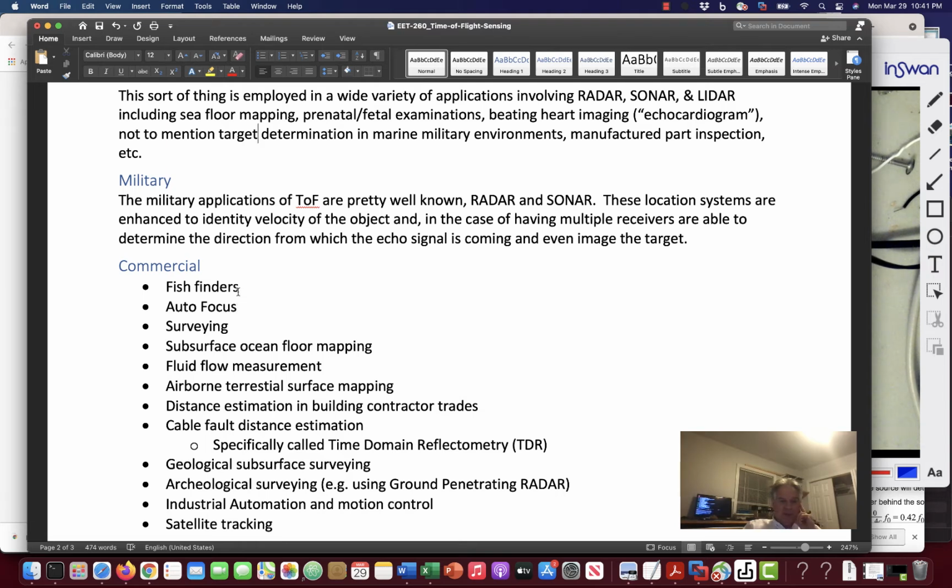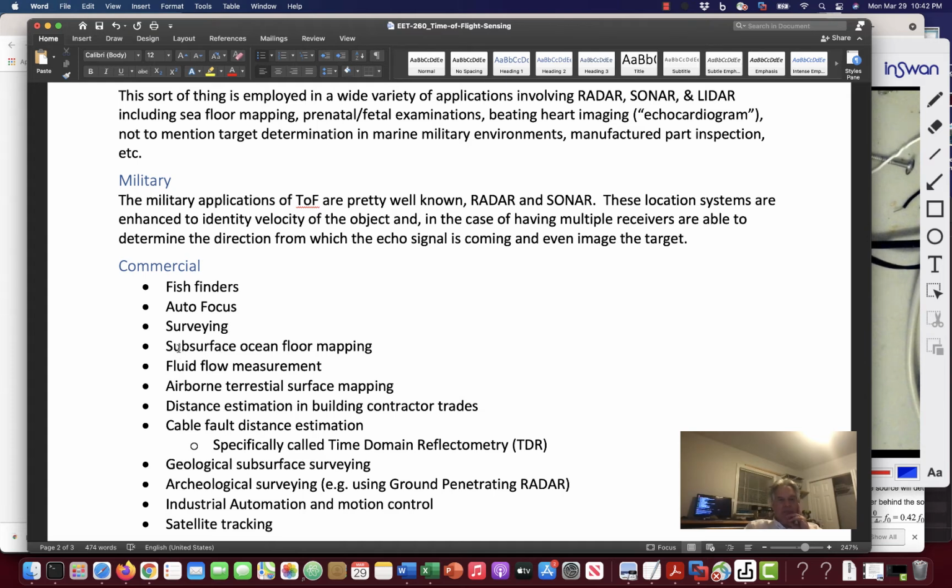They have all sorts of features. Autofocus on cameras, surveying. Surveyors now use laser type systems to illuminate a target that someone holds, and the laser system on the tripod gives you a distance, coordinates with GPS, and it helps to find angles, like if you're looking down a slope or up a slope, or